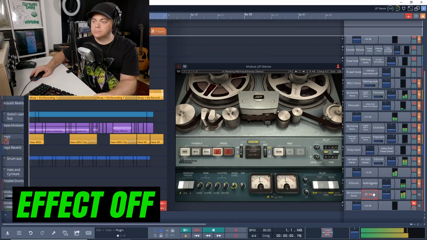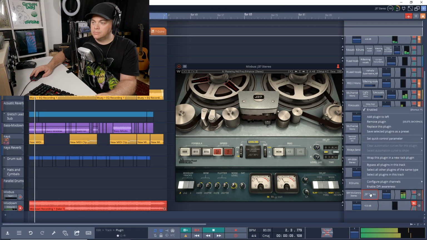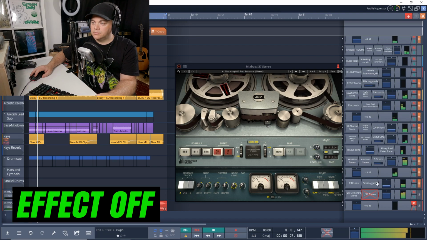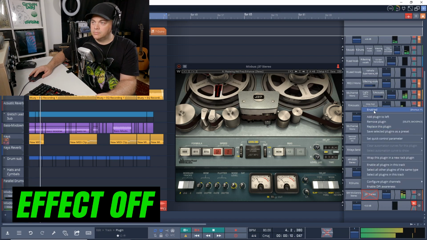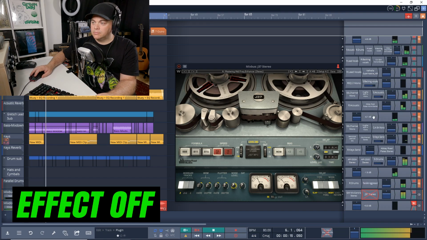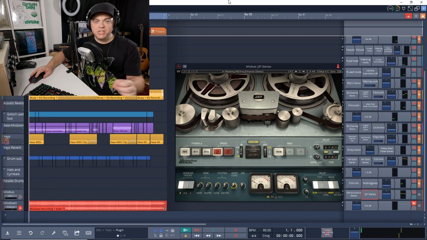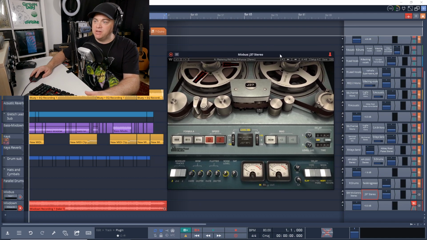Now this one you can purchase on its own, or it's also available in the Abbey Road Collection bundle. Now let's just listen to it on our Mixbus here, and I'm going to start it off and then I'll turn it on. So you can hear it just really excites things and kind of livens things up. It's pretty dull when that's not enabled. So that's why I use the J37 all the time.